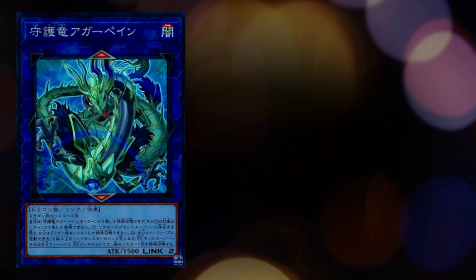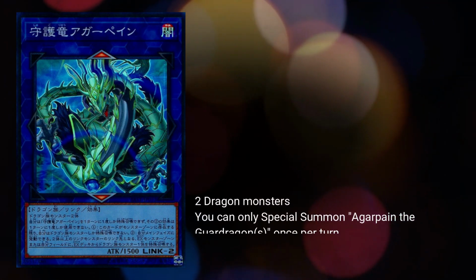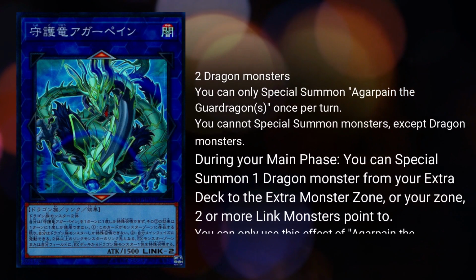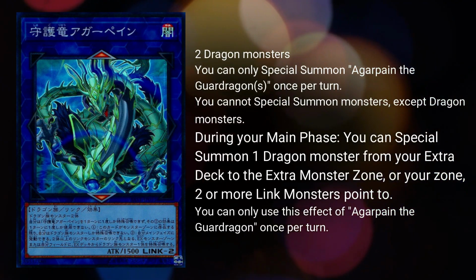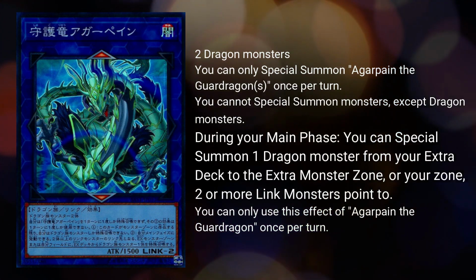And here we are with the third and last link monster of the archetype and also the most powerful one. Agarpain the Guardragon. It points up and down, and its requirements this time are just 2 dragon type monsters. Since LP and Pisti summon from basically everywhere, Agarpain can only special summon from one place, and you may already have guessed, the extra deck. But there is a little difference to its text, since it lets you special summon also to an extra monster